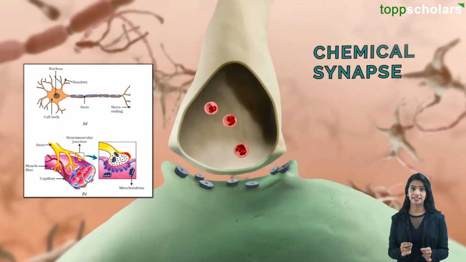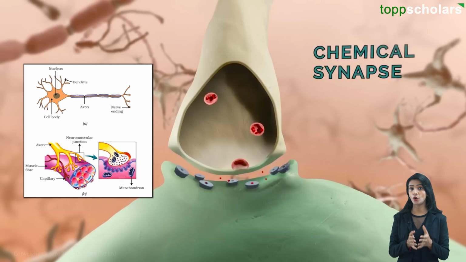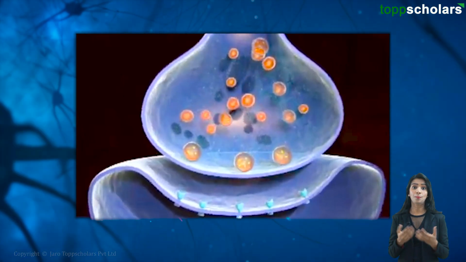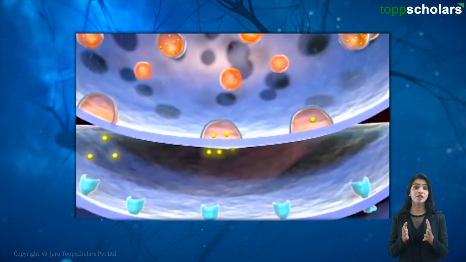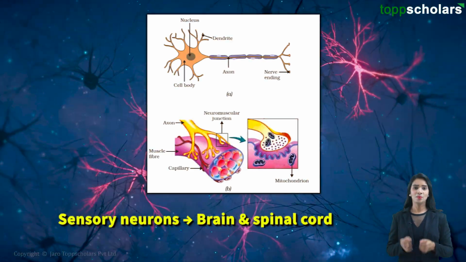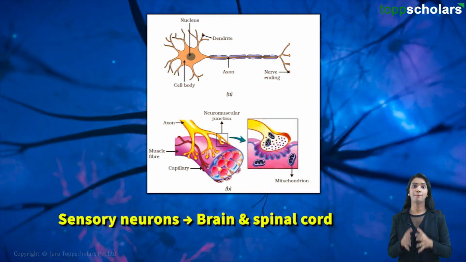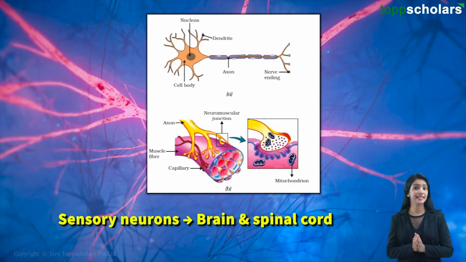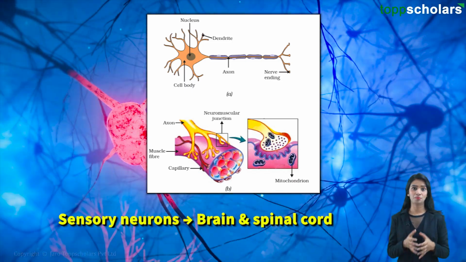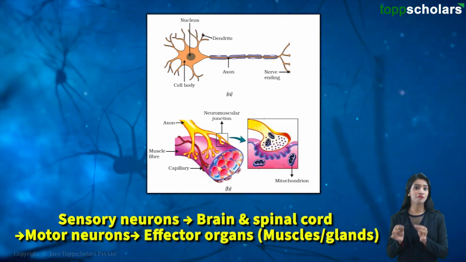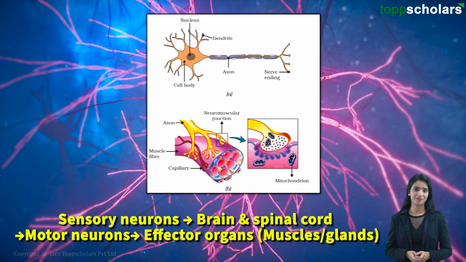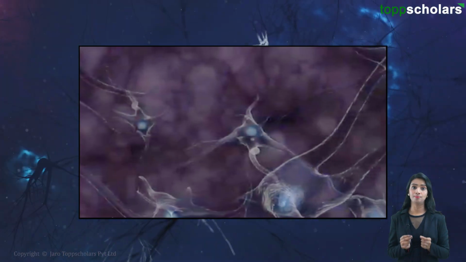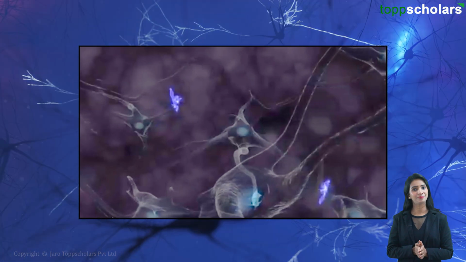At the end of the axon, the electrical impulse sets off the release of chemicals, which enter the synapse or gap between the two neurons. From here, the chemicals are picked up by the dendrites of another neuron. Motor neurons of the spinal cord are part of the central nervous system, CNS, conducting impulses from the brain or spinal cord to effector organs like muscles or glands. This is how nervous impulses usually travel in the body.